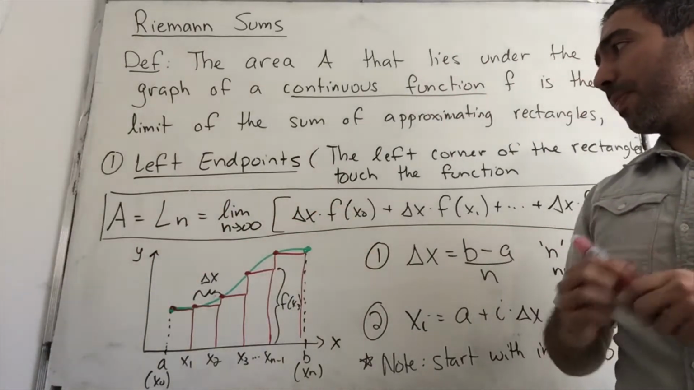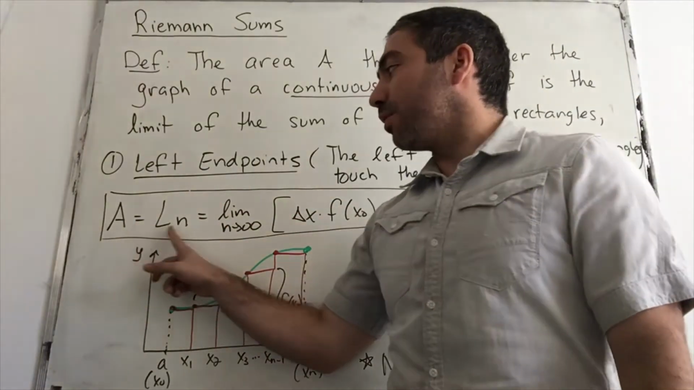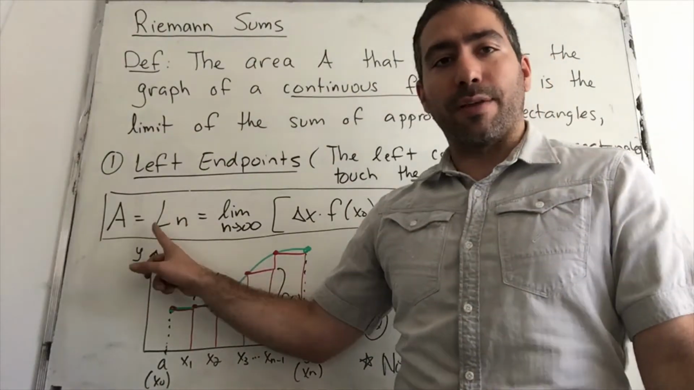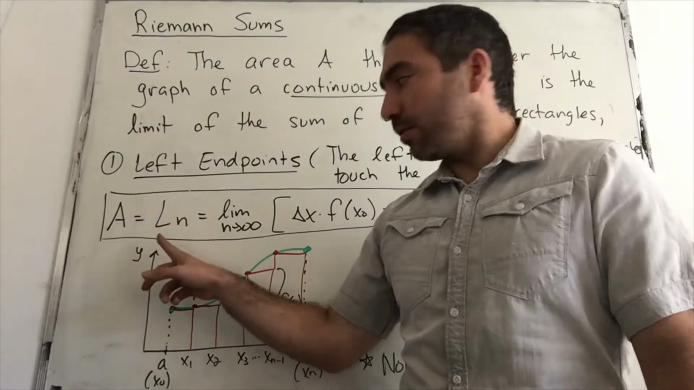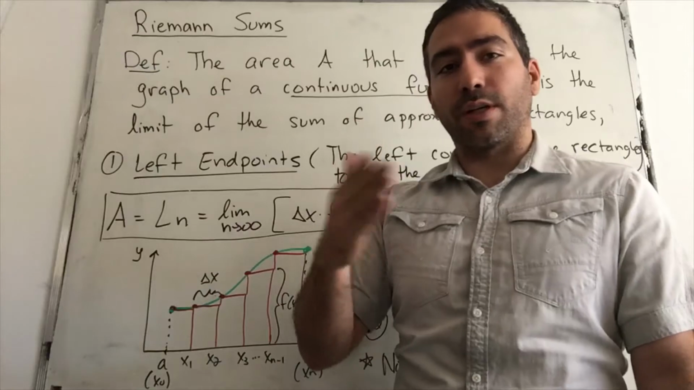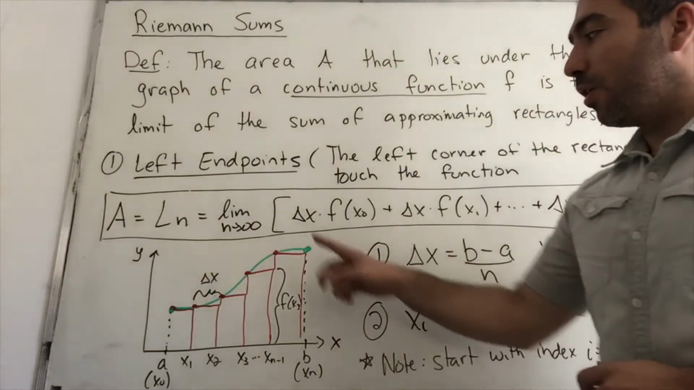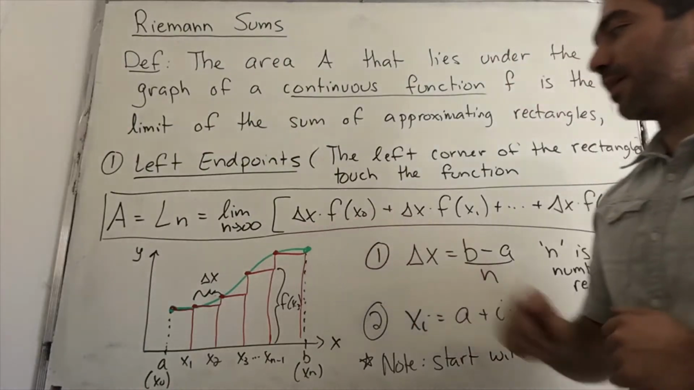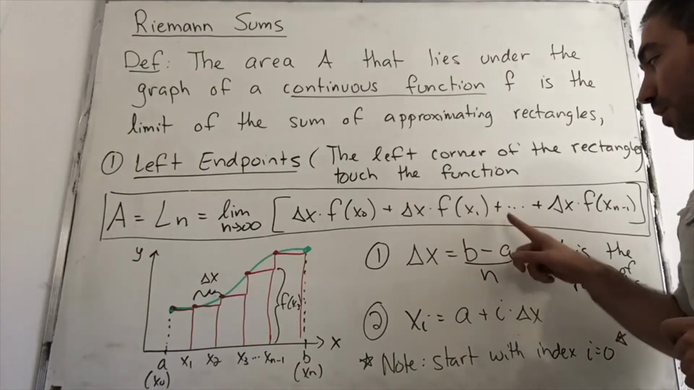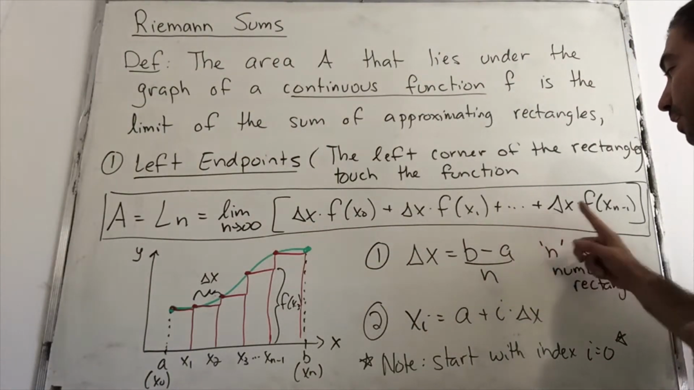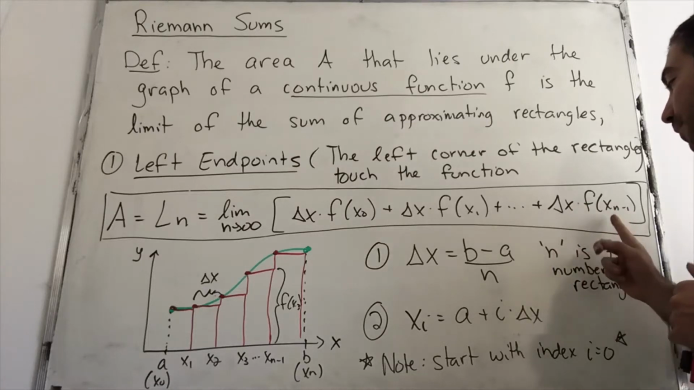Okay, so the definition: the area is equal to L_n, so L for left endpoints, and n is the number of rectangles. Depending on how many rectangles we're going to cut it up into, that's our n. And it's equal to the limit as n goes to infinity of delta x times f of x0 plus delta x times f of x1 plus dot dot dot all the way to delta x times f of x